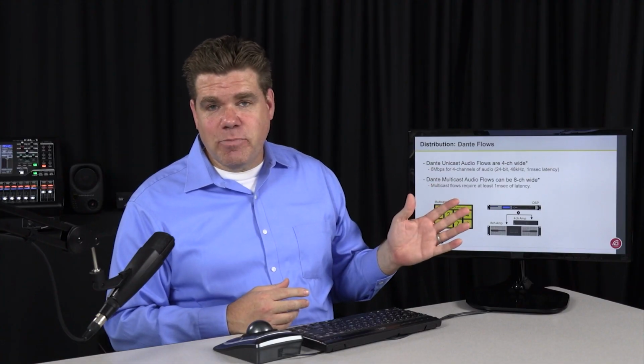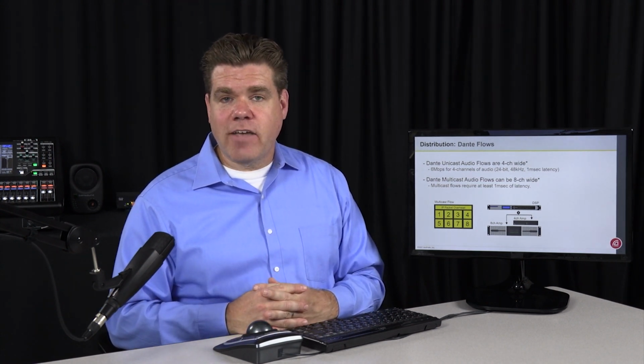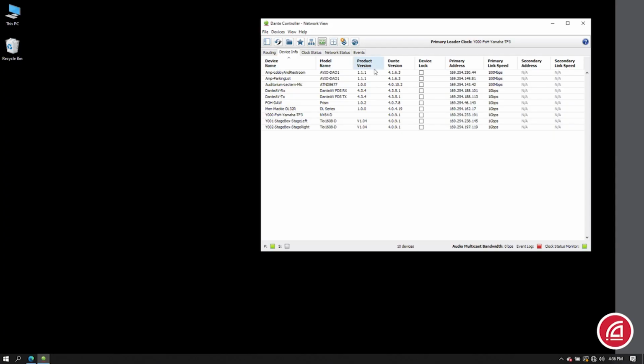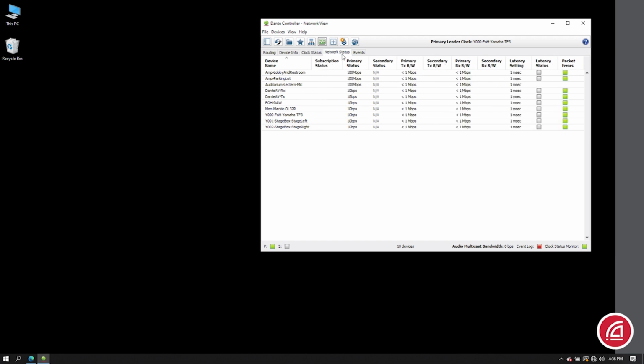Now, while it's always nice to see the explanation this way, let's actually put it to use. Let's give you a demonstration of unicast and multicast flows on the network, and we'll see if that sheds some light for you. Here I have a system where you'll see most of my devices are gigabit, but there are a few 100 megabit devices at the top. As usual, Dante established 1 clock leader, and if I go to the Network Status tab, we can see that nothing is transmitting or receiving right now. The less than 1 megabit per second is as low as our system can display. Really, that traffic represents the overhead of discovery, clocking, control reporting, and things like that.